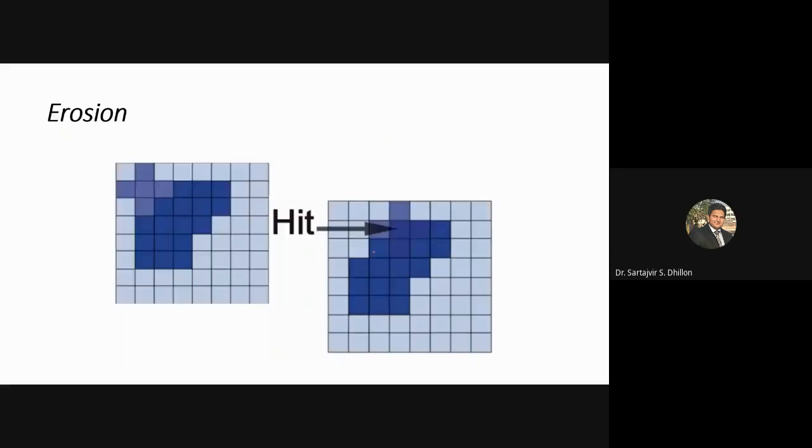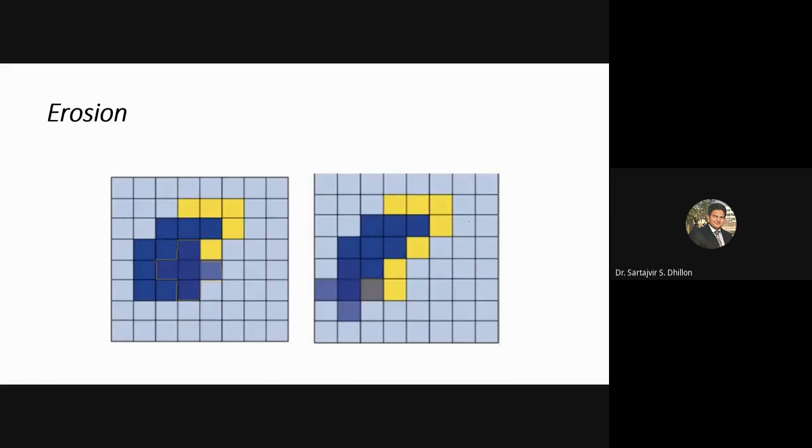But when we move this structuring element to the next point, please note that it interacts with, or hits, the foreground image, and when it hits it, this pixel will be removed. There is a minus sign to represent the removed, and I will use the positive sign to represent the add.